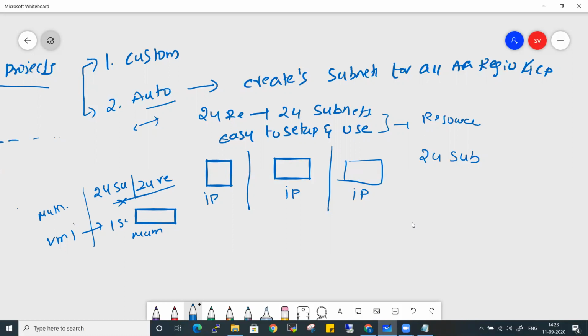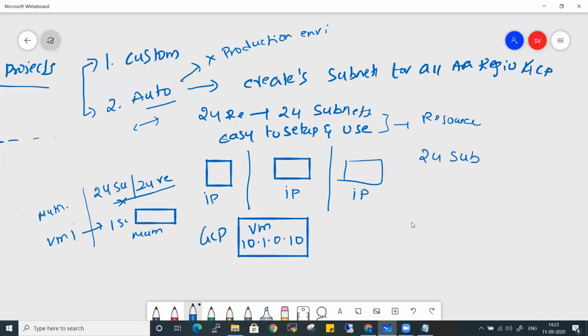Also, auto mode is not at all suggestible for production environments. Why? For example, this is a GCP network, and you have a virtual machine here with the IP 10.1.0.10. And this is your on-premise data center, which already has a machine with 10.1.0.10 from a very long time.